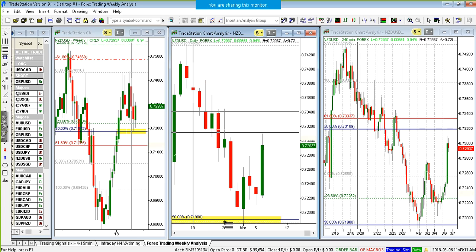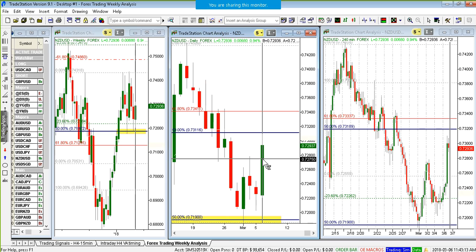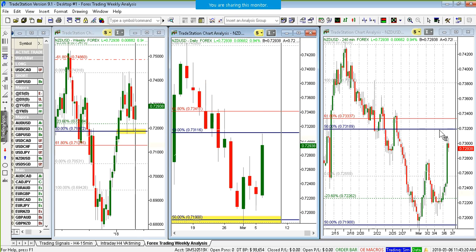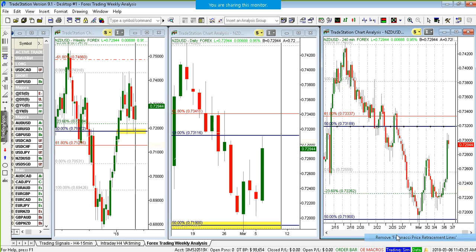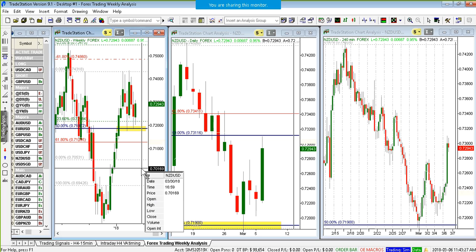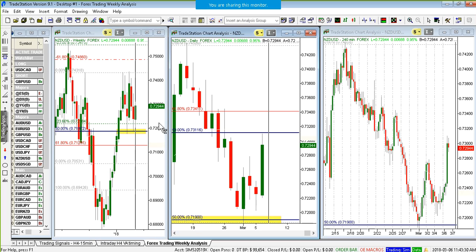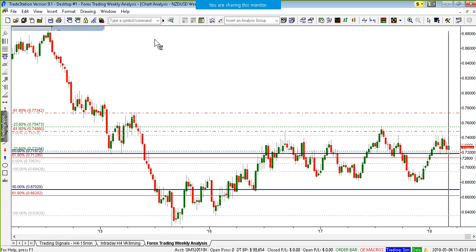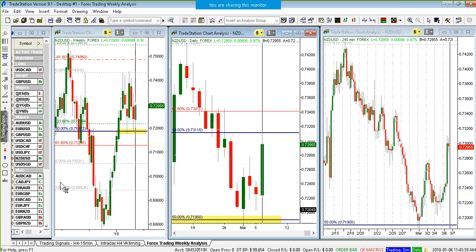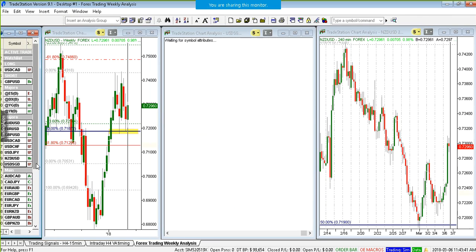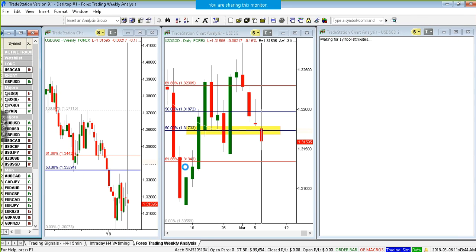The 50% here has been tested. The high 73.10, 73.11 has been tested, and that's why we're seeing weakness here. And we will see whether that is going to hold or not. We should probably see a continuation higher in this market now that the level has been retested and is solid. Second tests are dangerous tests.